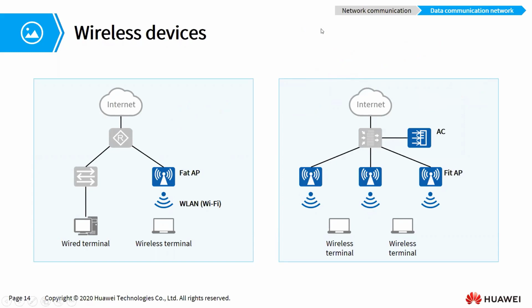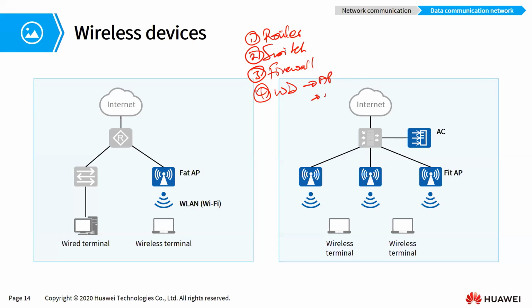So those are the basics about the network devices that we deploy in our Datacom network. First of all, we talked about the router, and secondly, we talked about a switch. I wish anyone could help me mention the third one. Thirdly, we talked about a firewall. Well, someone can guess the fourth one. And finally, we talked about wireless devices, which contain the access point and the access controller. For the access point, we said it could be a FAT access point, it could be a fit access point, or a cloud-based access point.